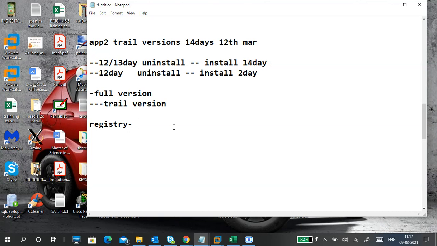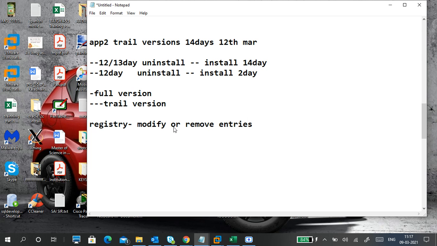That is, you have to go to registry, modify or remove the entries. Ignore the spelling mistakes.